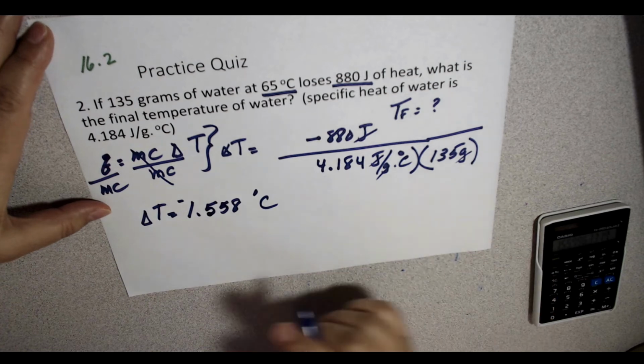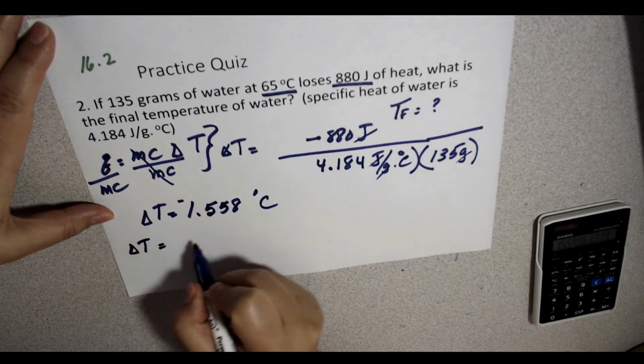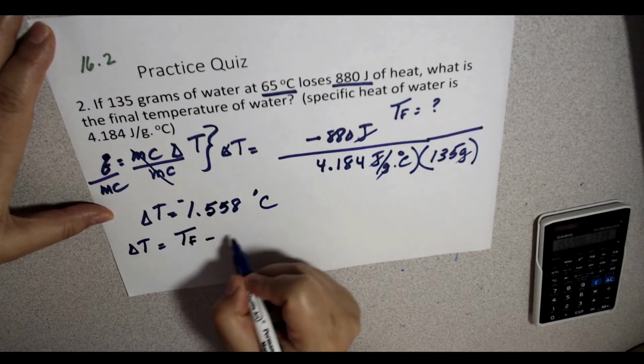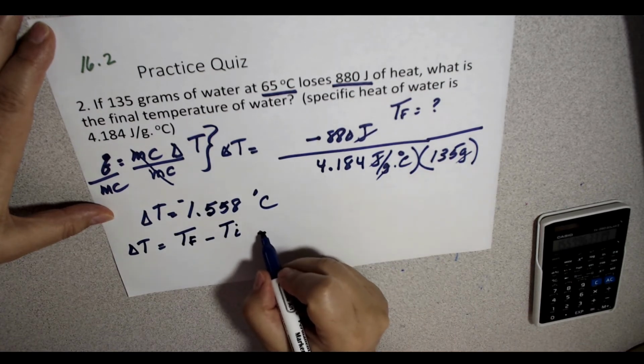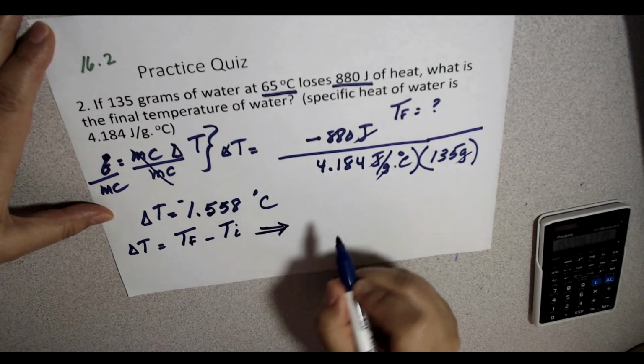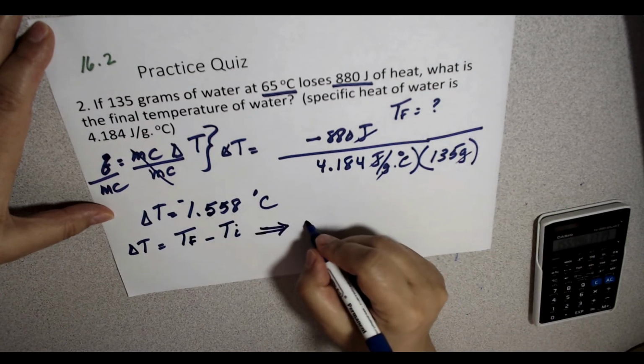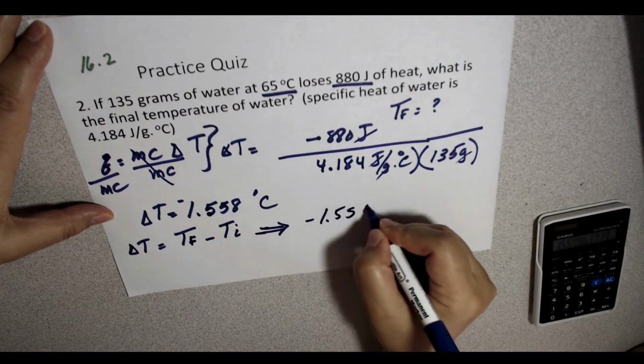So now we have delta T equals final minus initial. So delta T is negative 1.558